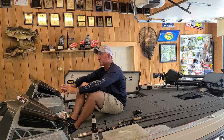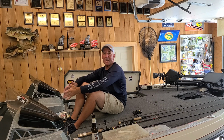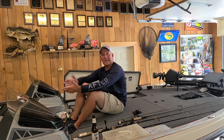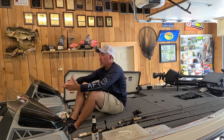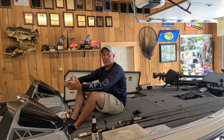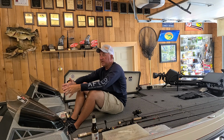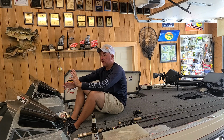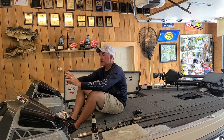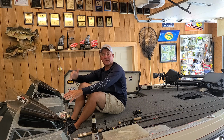We've been catching some fish, starting to get into some brush piles, but we're still catching them right out on main lake points and around some main lake docks. As long as they're running current, the fish are going to do one of two things. They're either going to relate to a main lake point in some fashion, either on the bottom or suspended around main lake docks, or they'll go to the very backs of some of these